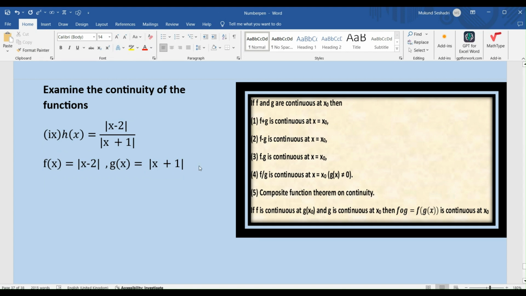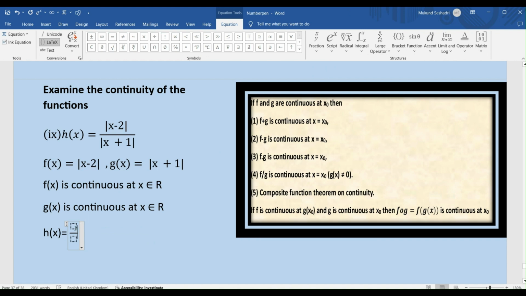So I know that my f of x is continuous at x belonging to R, and so is my g of x, right? Then when I express my h of x equals f by g,